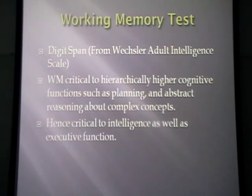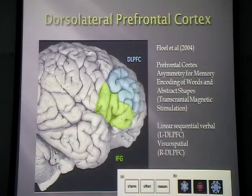Basically, it contributes to a lot of higher cognitive functions, because the more stuff you can hold in your brain at any one given time, the more complicated an idea you can think about. So hence it's critical to intelligence as well as to executive function, which is a psychological term for self-control, basically. Okay, so just to show you the dorsolateral prefrontal cortex, this comes into, did you say a visual as well as